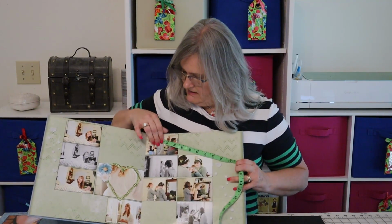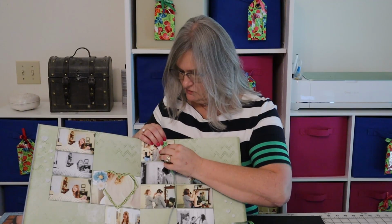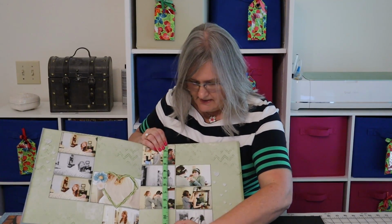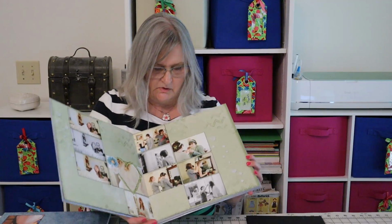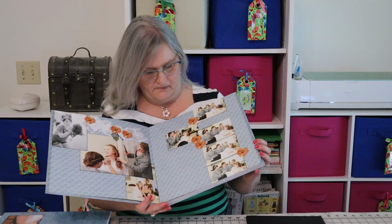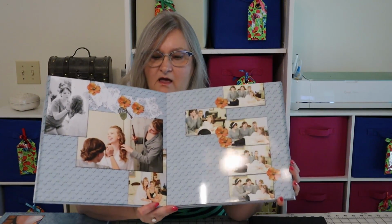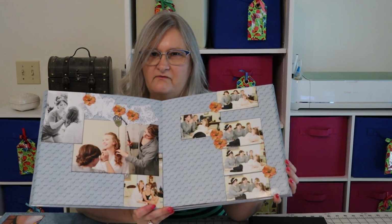So we measure it at 11 3/4 width. So technically that didn't lose a whole lot, just a 1/4 inch. And it is 11 1/2 height. So that is what you have. The page itself is very close in size, and yet I think that the photo